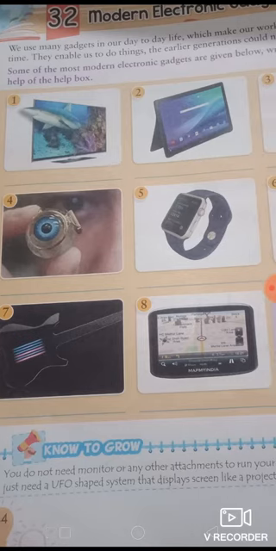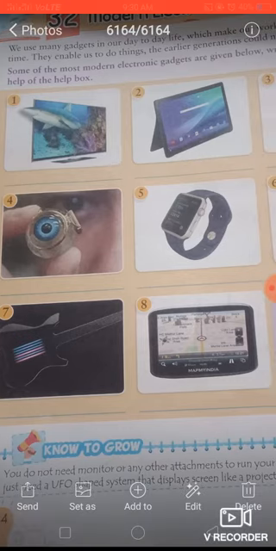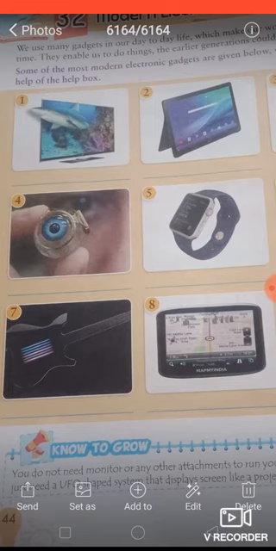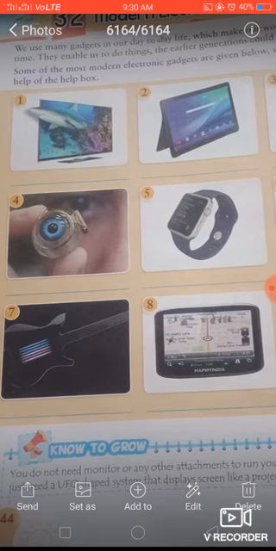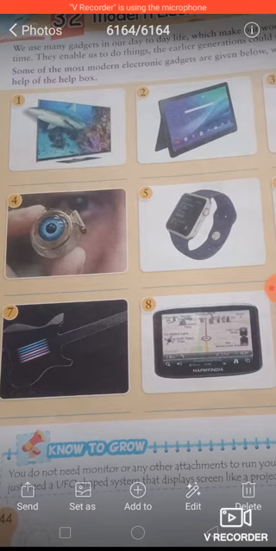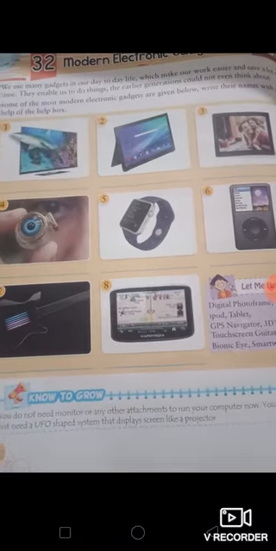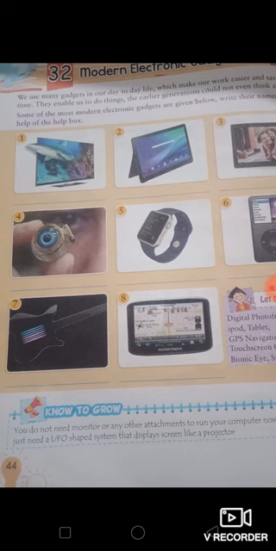And this device particularly is a GPS navigator which you can use separately. Okay, I was discussing the GPS application which we can use in a phone, but this is a separate device which you can use separately. Okay, so I hope the first three pictures you all can easily identify. And as hints are also given in this help box, with the help of these hints you can write the names of all these modern electronic gadgets.